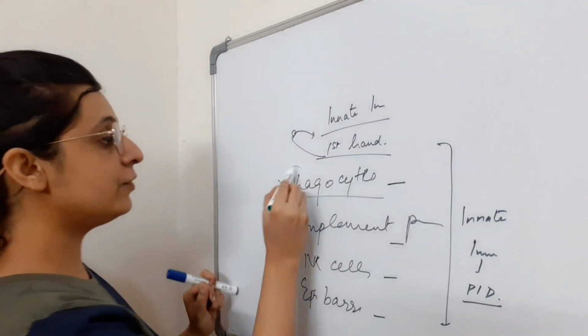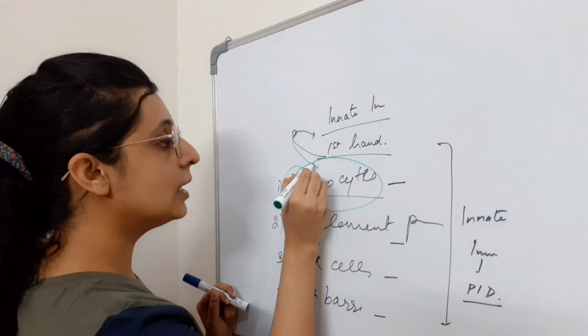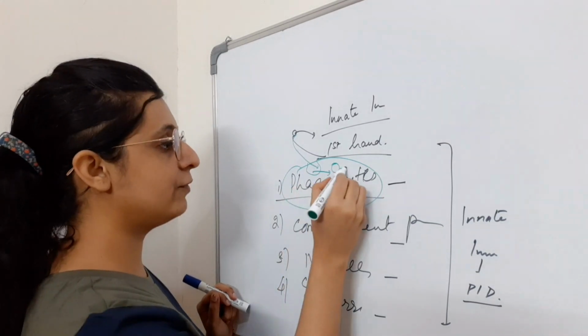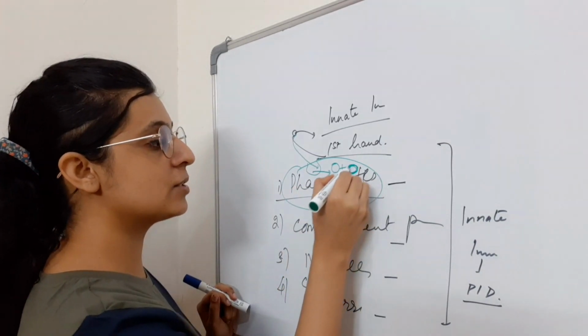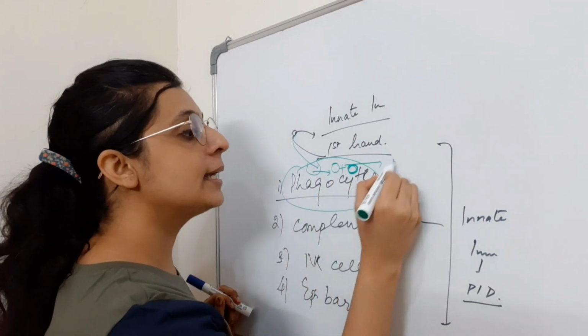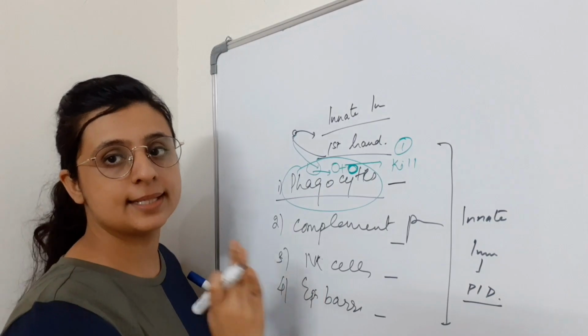Next, what can phagocytes do? First, it can take up that foreign agent. Invagination of the membrane will form a phagosome that will fuse with the lysosome, which has a large number of lysosomal enzymes, and that can kill the foreign agent. This is one of the mechanisms through which the phagocytes can act.